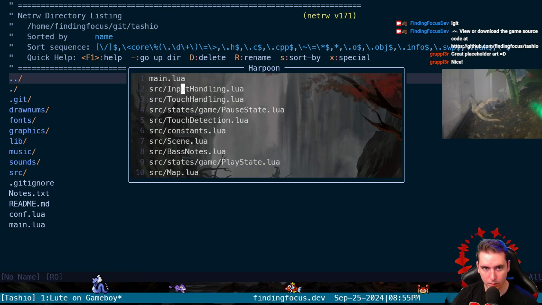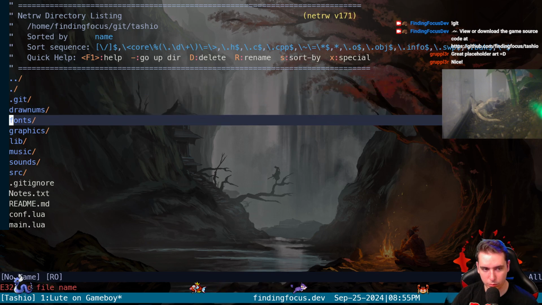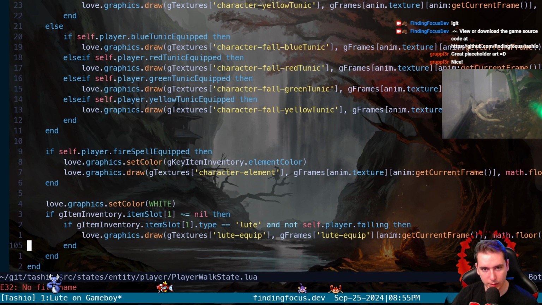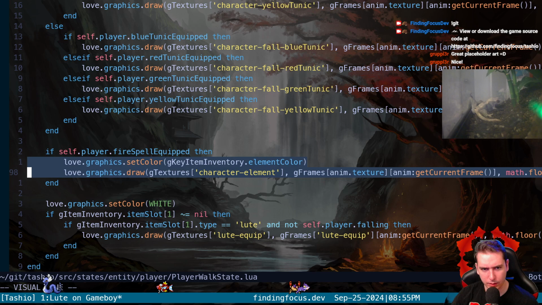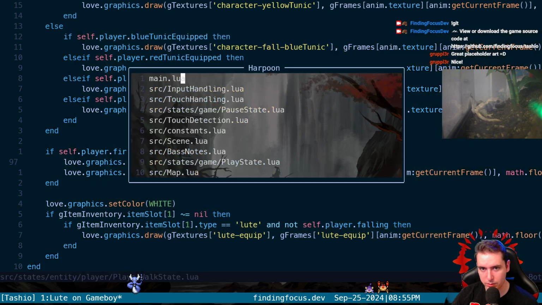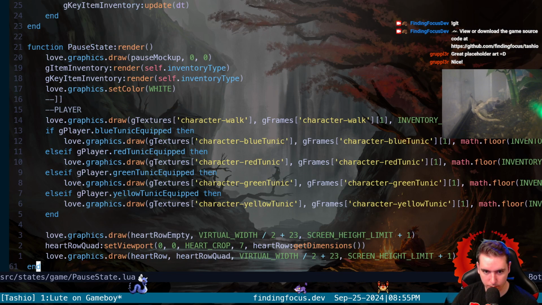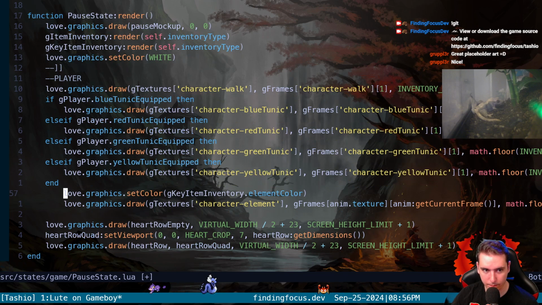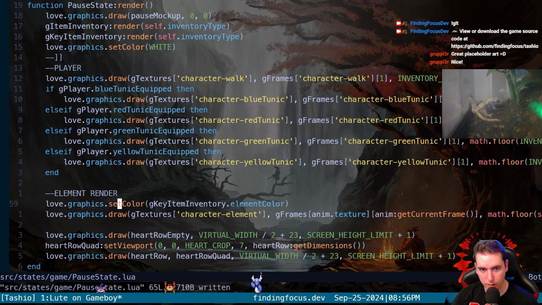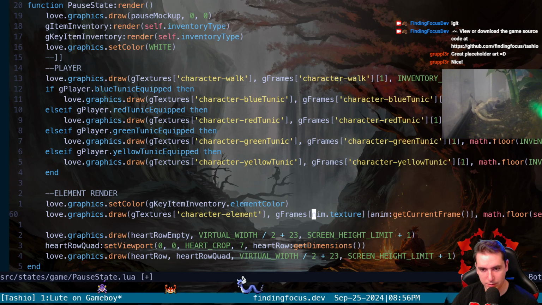Okay. So let's go to our player walk state and we'll say, like right here, we're going to set the color to be our global item inventory's element color. That makes sense. And then render the character element at not the G-frames texture, but we'll do the same thing we're doing for the other ones, which is in our pause state. We'll say this is element render. Okay, element color,